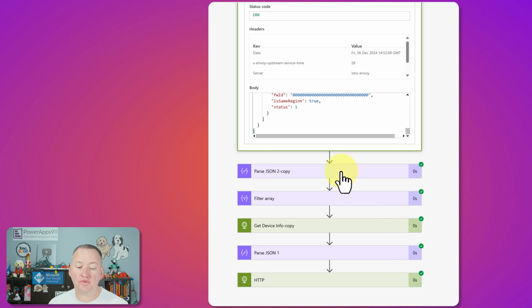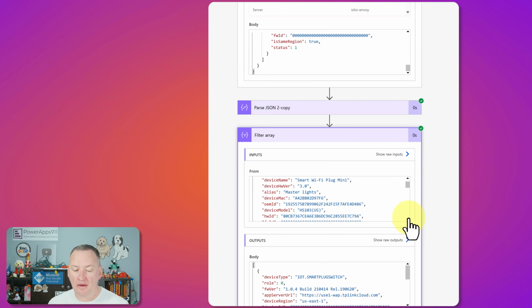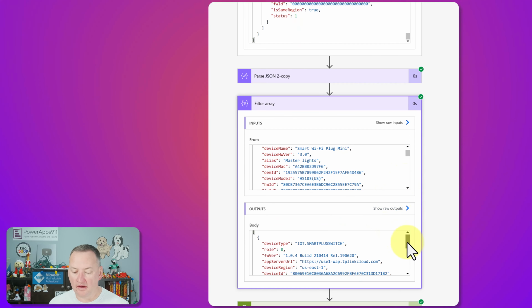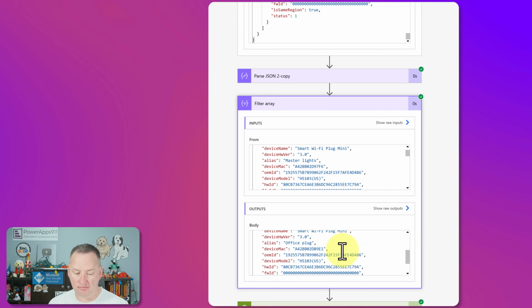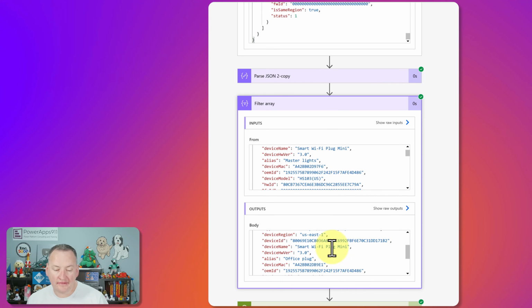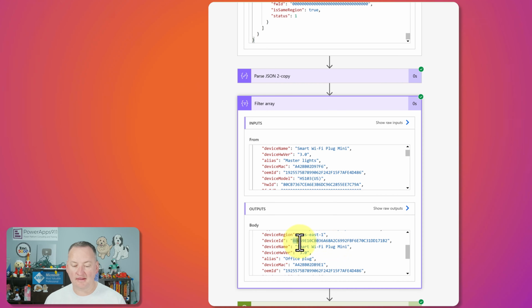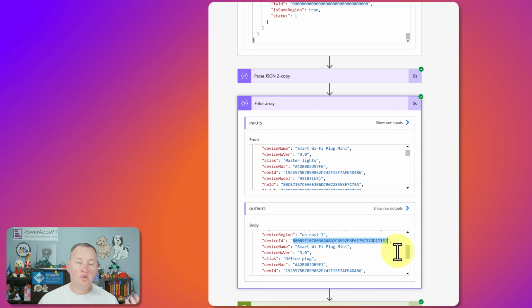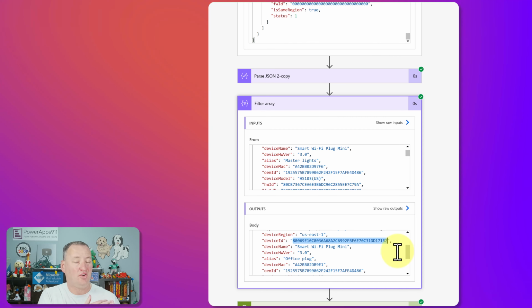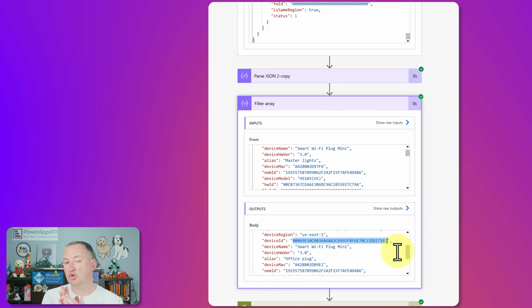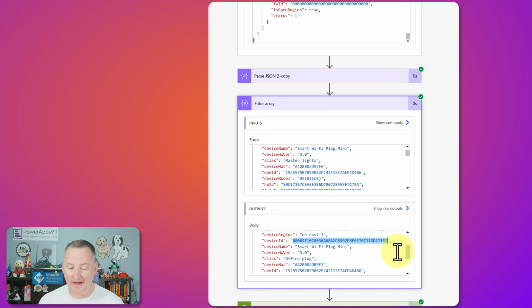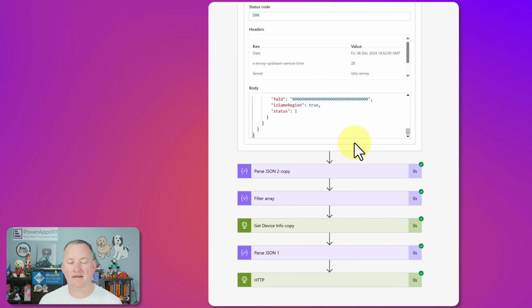So we parsed that out and then we filtered the data and we said, hey, only find the one where the device name was, the alias was office plug. So it got that back. Now, one of the things here though, is I noticed there's a device ID. I guess you guys have my device ID. I don't care. So we're going to copy that because when we are optimizing this thing, we just know we want to turn the lights on and off, right? We're trying to get this thing down to as little steps as possible. And so grabbing that is going to be part of the key, right? We don't need to do this get it all the time because device ID doesn't change. And then we parse that. And then finally,